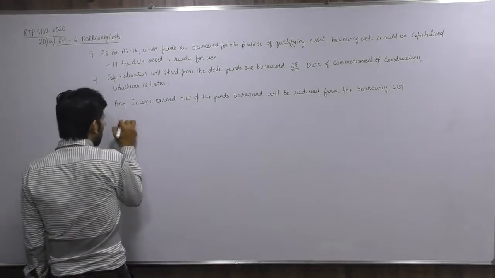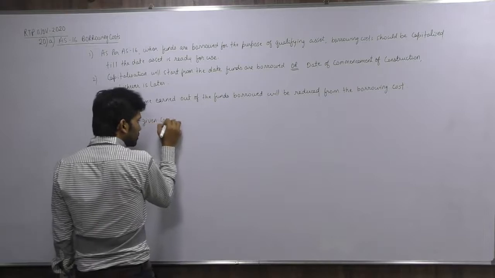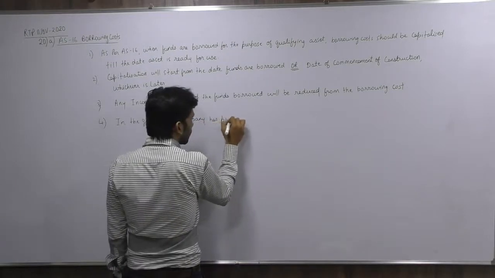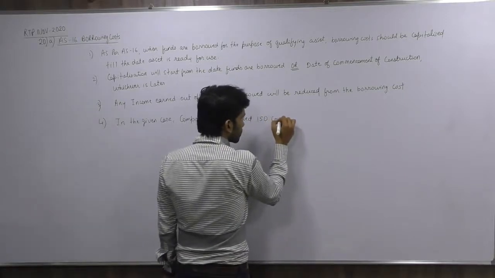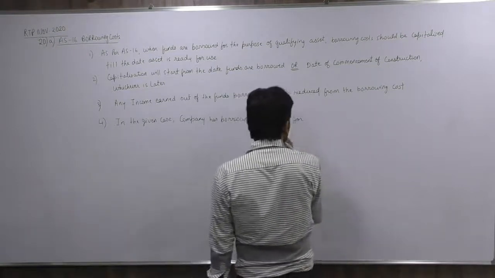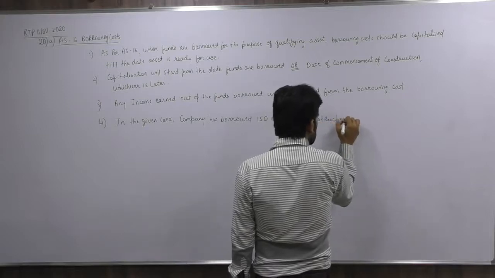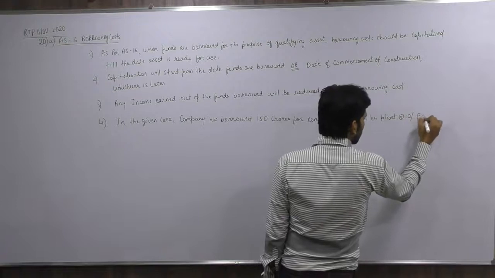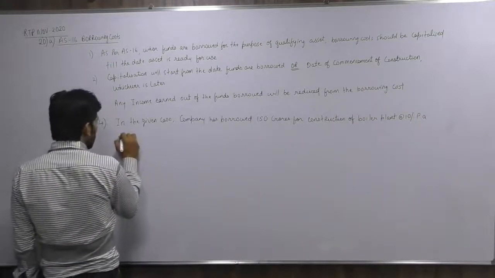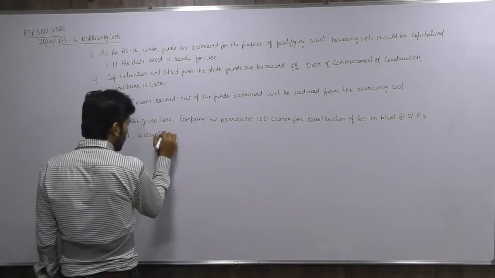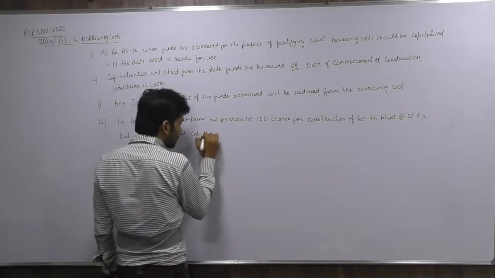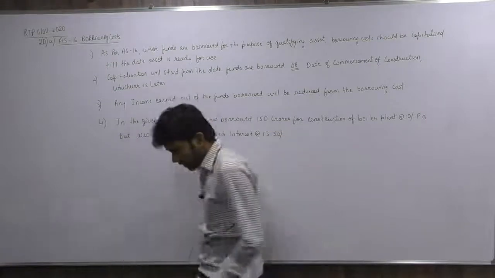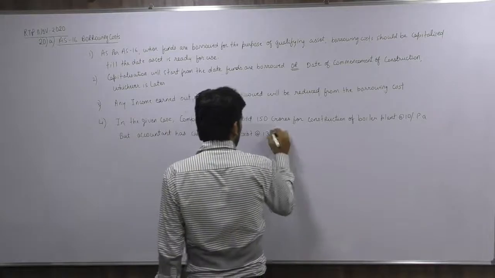Point number 4. In the given case, company has borrowed ₹150 crores for construction of boiler plant at the rate 10% per annum, but accountant has capitalized interest at the rate 13%. At the rate 13% per annum,